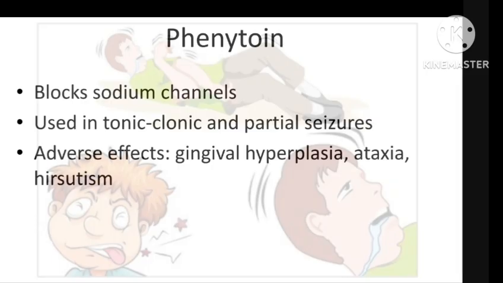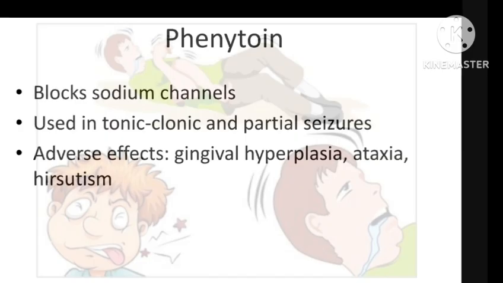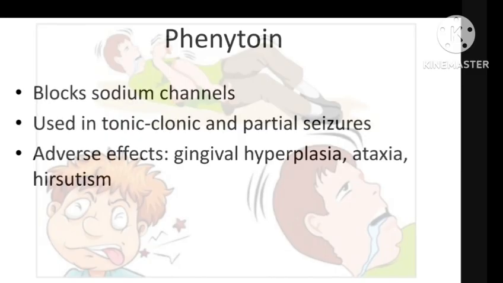Next, you can imagine a patient with epilepsy. He starts taking phenytoin. After some months, the seizures are controlled, but he notices gum enlargement. So many patients stop medicine because of cosmetic concerns. Then the seizures return. This is why patient counseling is essential. The doctor should explain, do not stop medicine suddenly. This is real-life pharmacology, not just theory. Okay, do you understand? I think you can understand.